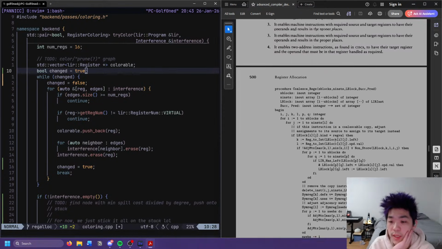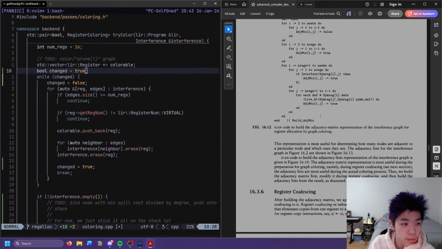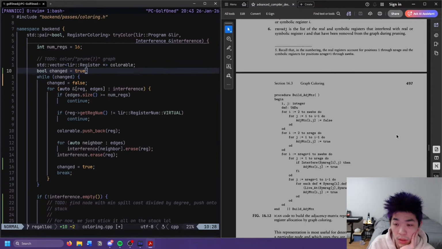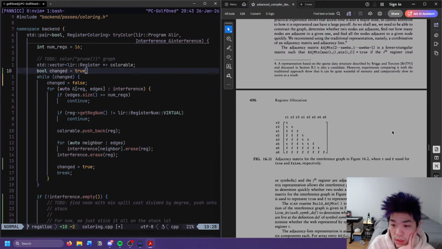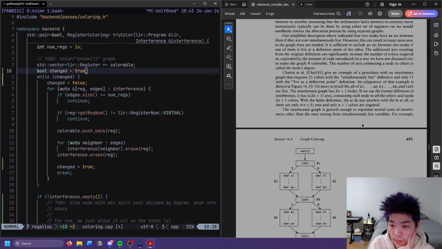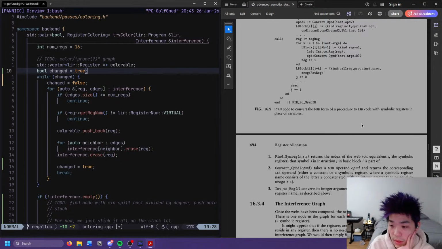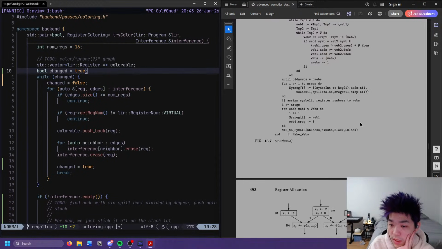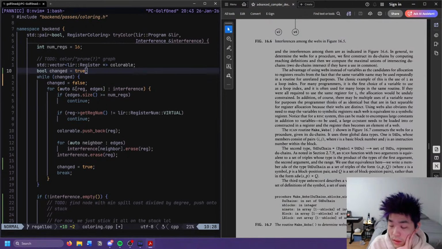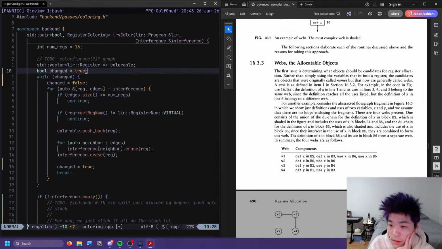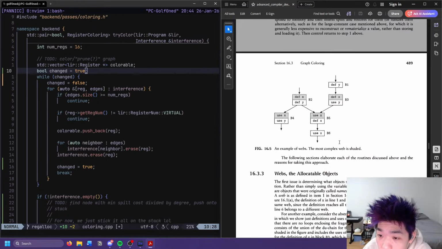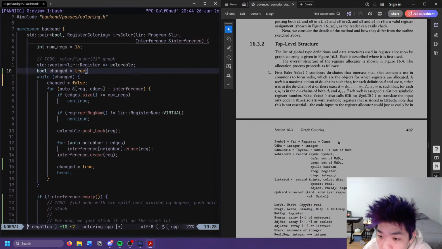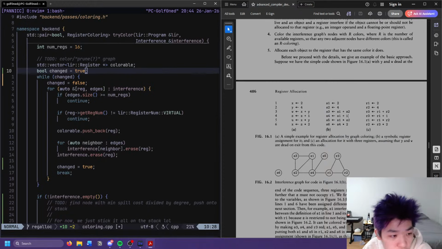Let's read through the book again, I guess. Yep, still scrolling. Okay, wait. What's happening here? Maybe there's something at the top of the section?